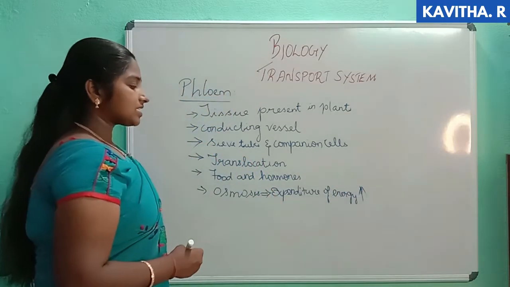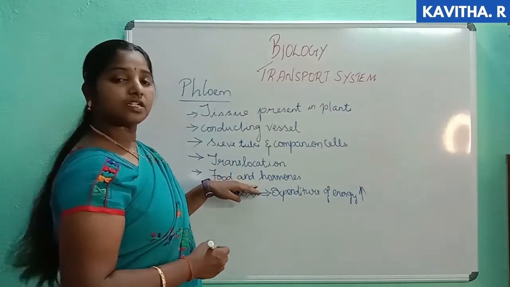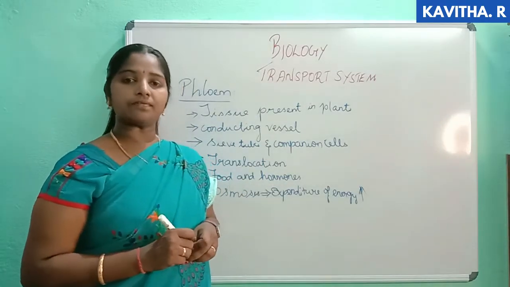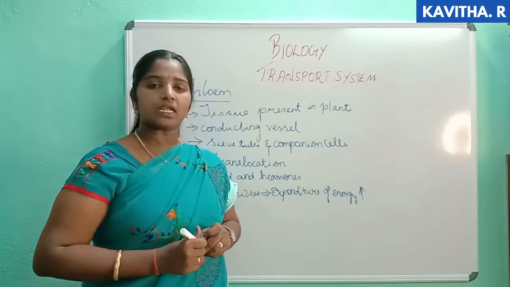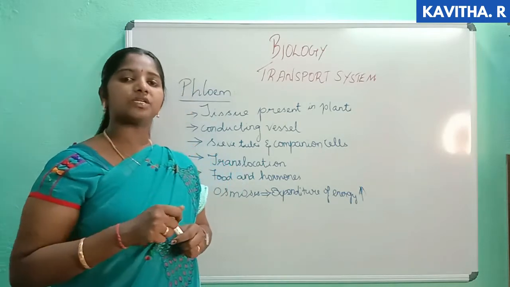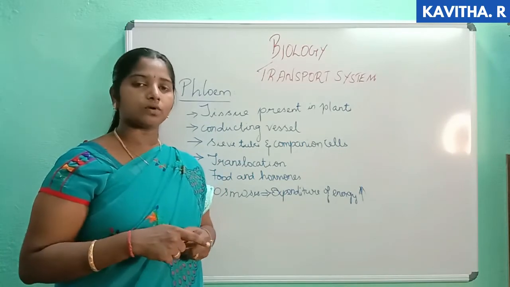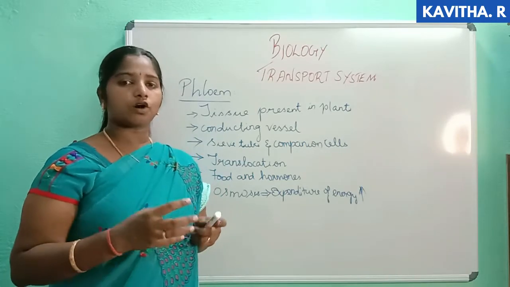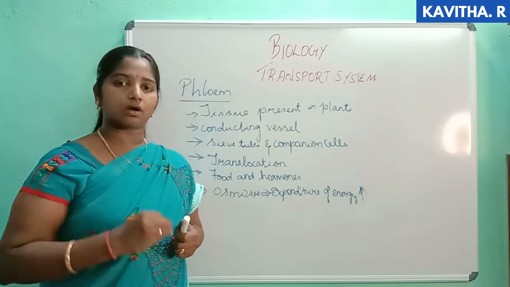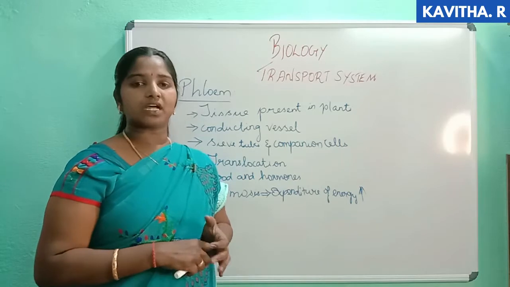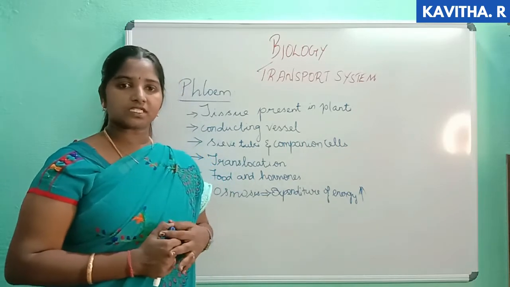Why is it more? Since it is carrying all the food and hormones being prepared by the leaves. We all know the leaf is the kitchen of the plant. Leaves are the part of a plant that synthesizes food with the help of photosynthesis and chlorophyll. You all know that without sunlight and without the pigment called chlorophyll, leaves cannot prepare their own food. That is the first part which we have already seen.